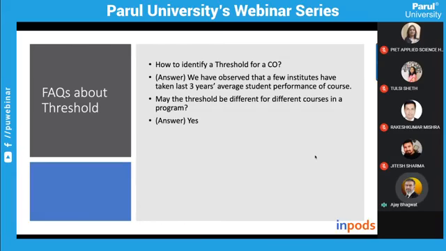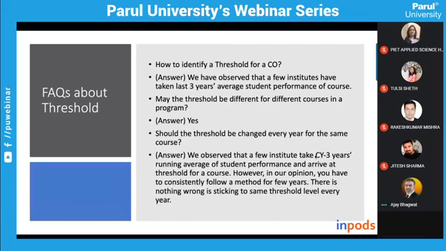Second, frequently asked question is whether the threshold could vary for every course in a program, and the answer is yes. It is quite obvious because quite a few courses are very easy, quite a few courses are very complex traditionally, and for example M3, or there could be some other such examples in other branches. But that's what happens, and naturally the threshold values, if you calculate those based on the previous 3 years, then you will have a lower number there, and that is fine, perfectly all right.